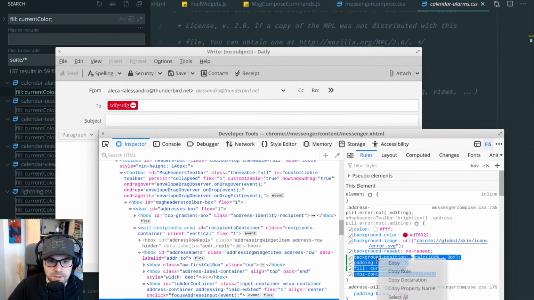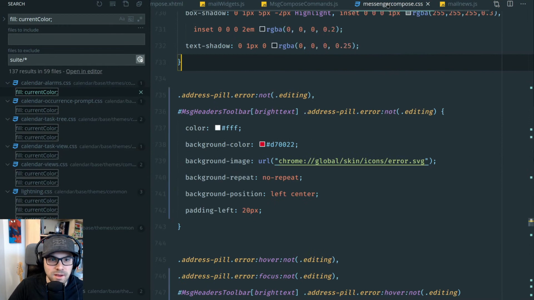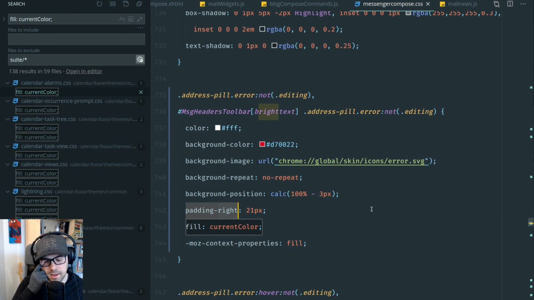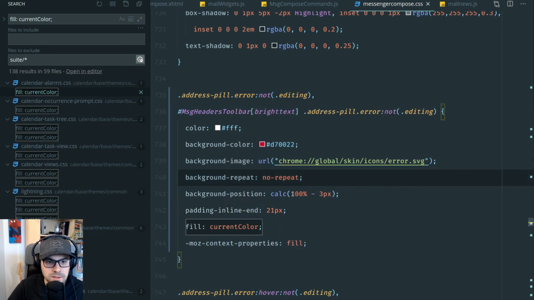Let's copy all these attributes because I'm lazy. I don't want to rewrite them. Where was I? Yeah, padding left, no, background position. There you go. Okay, 100%. And I think instead of padding inline, we should padding right. We should padding inline end, because this 100% might be flipped to the left if we are on left to right reading, so in other languages. And the padding inline end and start attribute automatically